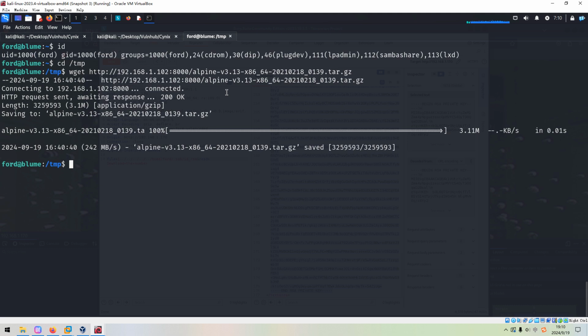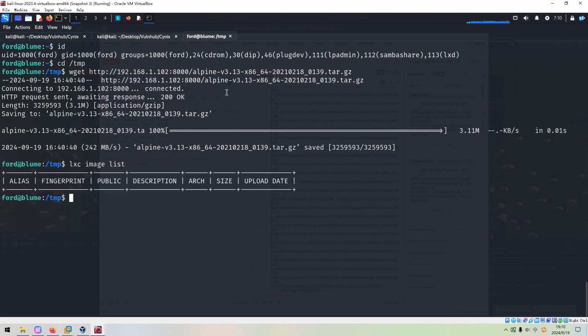Okay, so next we can use lxc image list, nothing here at this moment, and then we can import this image to the machine. So how to do it? Alpine and then alias my image.